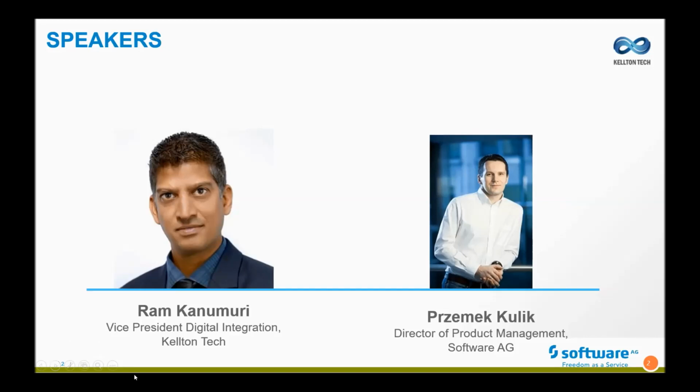Shimek Kulik is the Director of Product Management in Software AG, EMEA, and Shimek has 10 years of experience at Software AG, with a deep understanding of Software AG's webMethods platform. He started out as lead solution architect in Poland in 2007 and has made his way steadily through the ranks to his current position as Director of Product Management for Software AG's API management and master data management platforms, otherwise known as MDM. Shimek also has a master's degree in information systems management from Warsaw University of Technology.